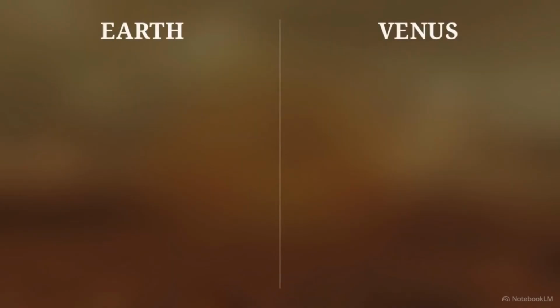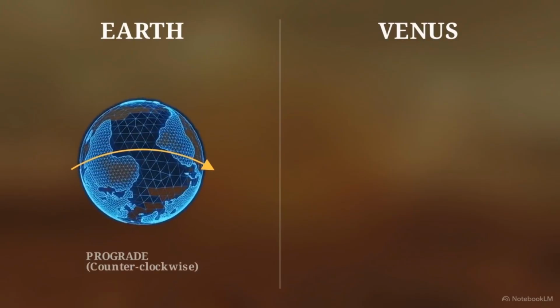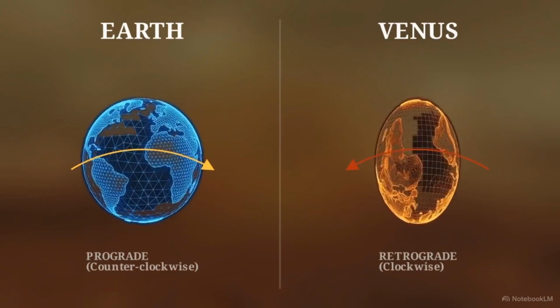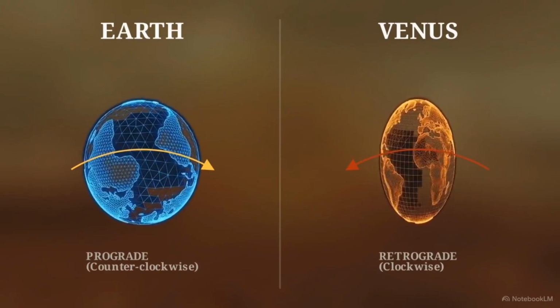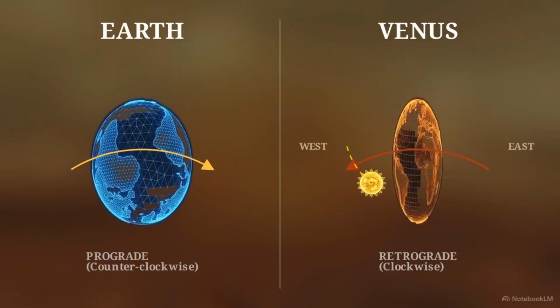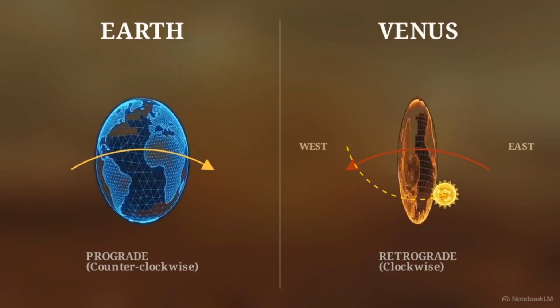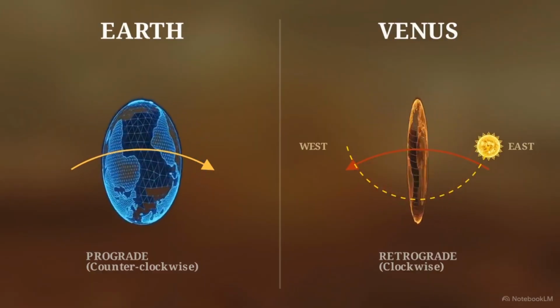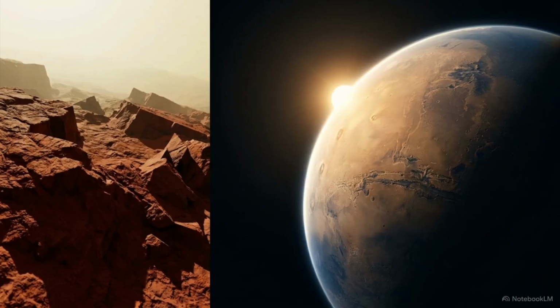Earth rotates counterclockwise on its axis. Venus spins in the exact opposite direction, defying nearly every other major body in our solar system. Because of this inverted spin, on Venus, the sun rises in the west and sets in the east. The extreme chemistry eliminates biological survival, while the orbital mechanics defy the standard rotational rules established during the formation of